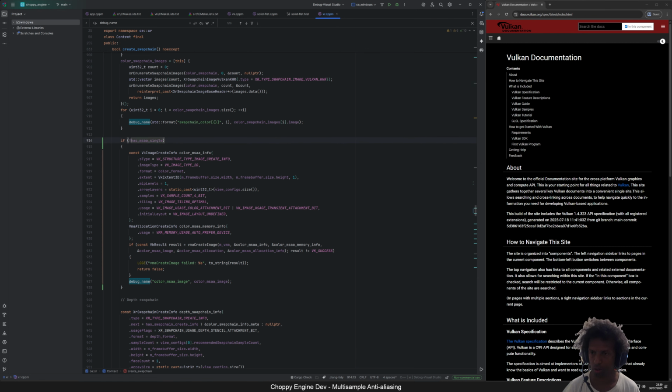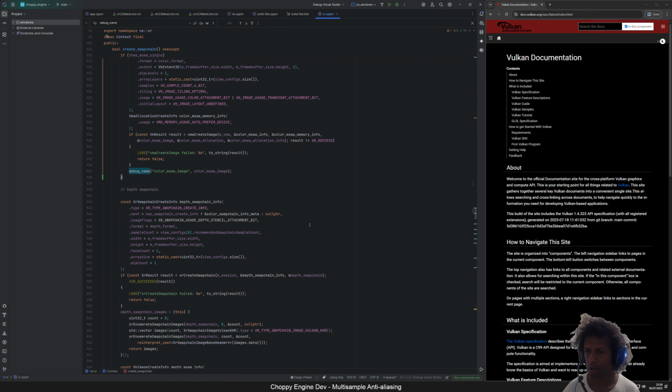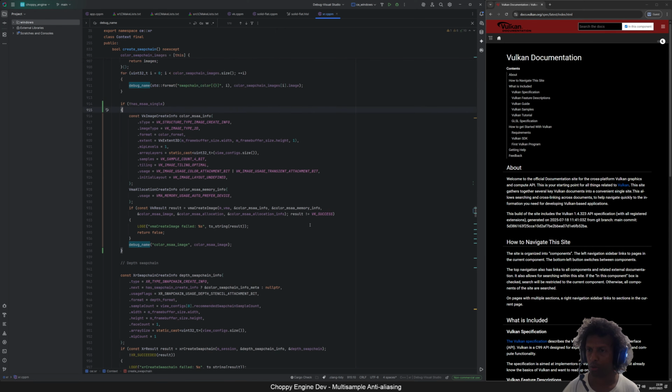So what we want to do is the inverse. If it doesn't have this feature, we want to create